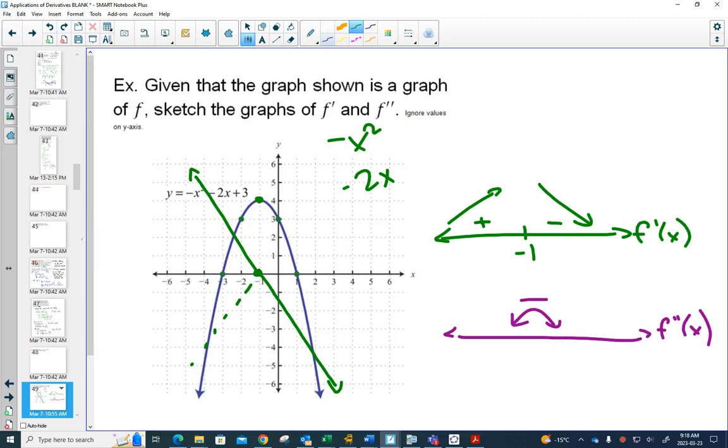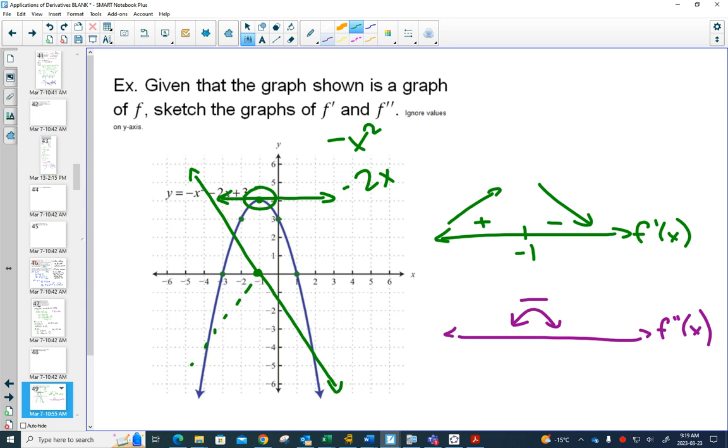So that makes sense that the green line that I drew is a straight line and that it's going down because it has a negative slope. Why is f prime of -1 equal to 0? Because on our original graph we have a maximum, so if I drew a tangent there,